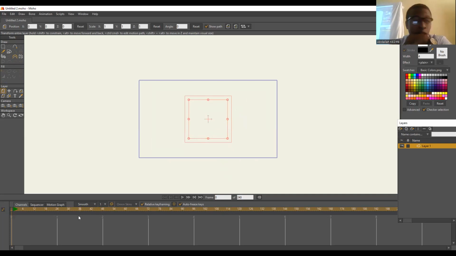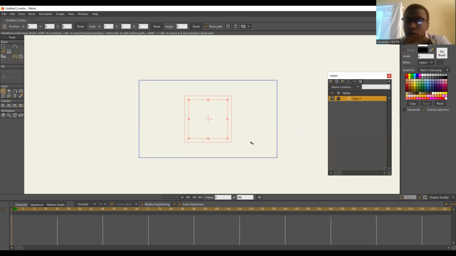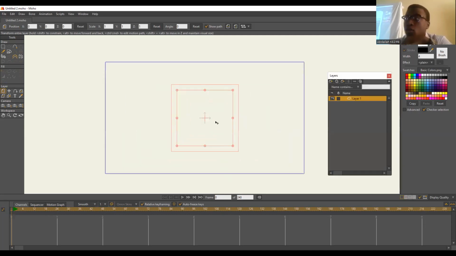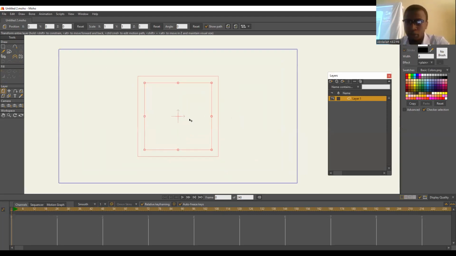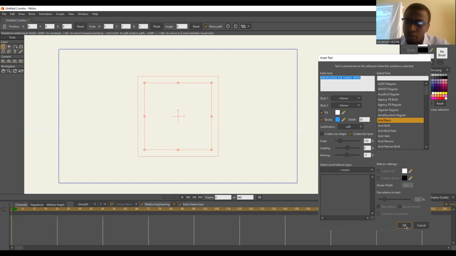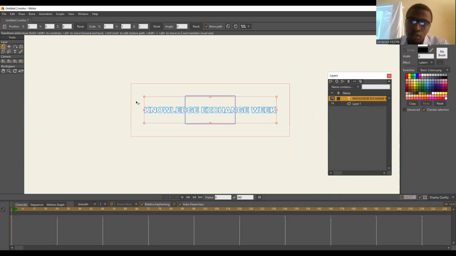Down here, you can see the timeline. I will now talk about what I was saying when I said the timeline and keyframes were very important. First of all, we talked about objects and we talked about images or layers and everything. In this particular software, I will add a new object, which is the text.